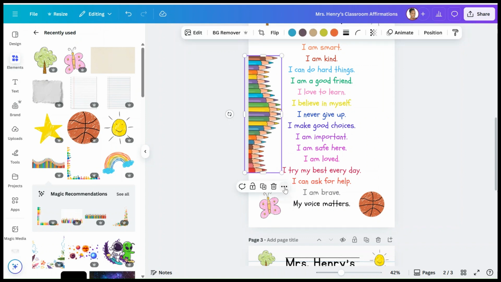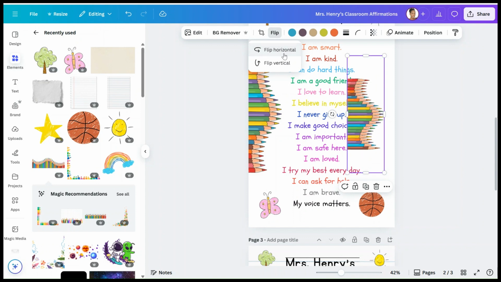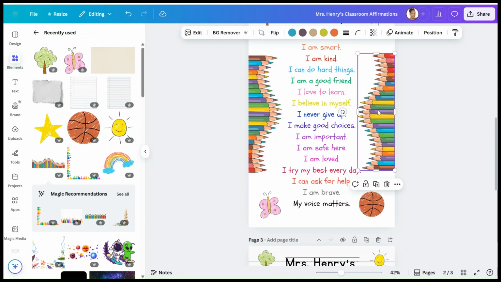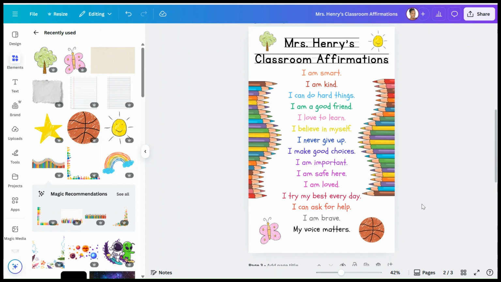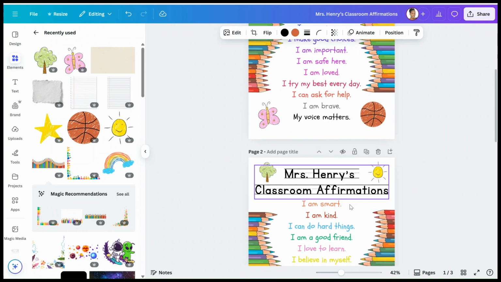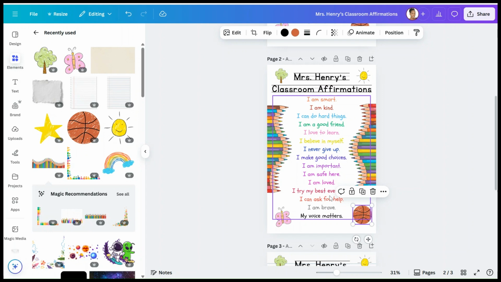And then all I did was duplicate it, bring it over, and click flip, and we're going to flip it this way, and then boom, we have this right here. And this is how you can go ahead and create this affirmation board that you can print out